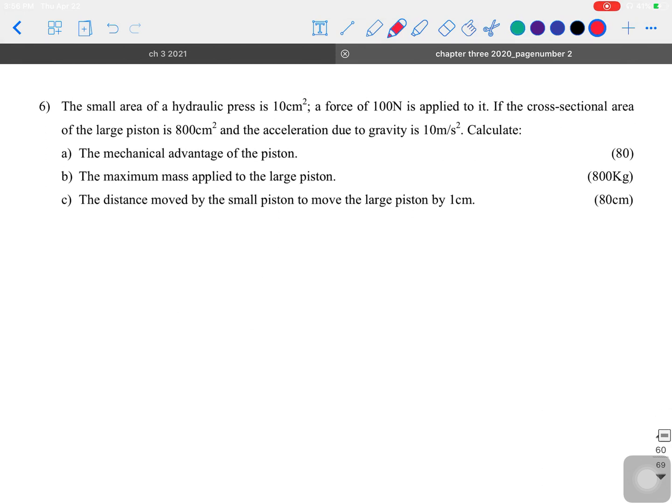Number 6 will be the last one. The small area was 10 centimeters squared. The force applied, this means the small f, and the small area, the cross-sectional area of the large is 800, and here is g. Number a, we needed to find the mechanical advantage. Eta equals A over A,